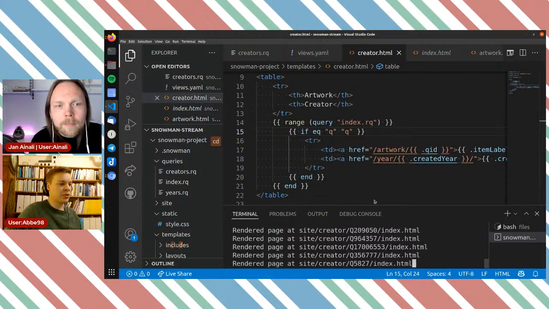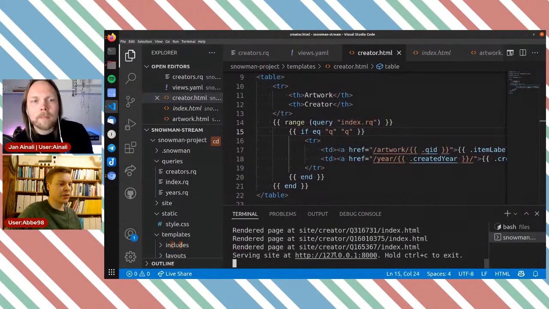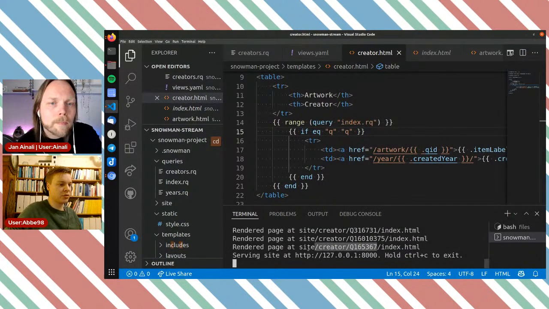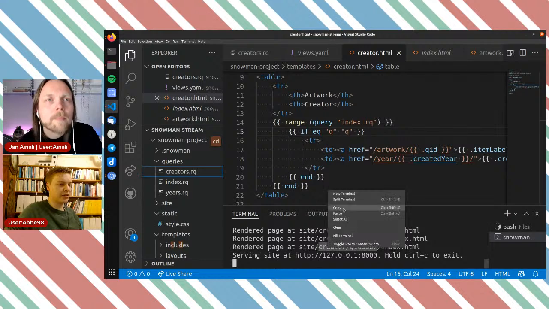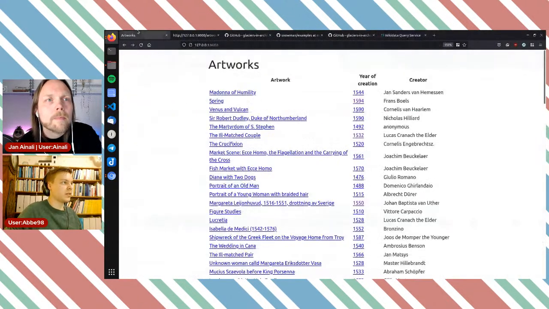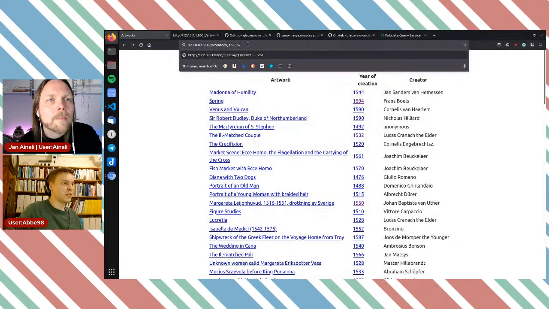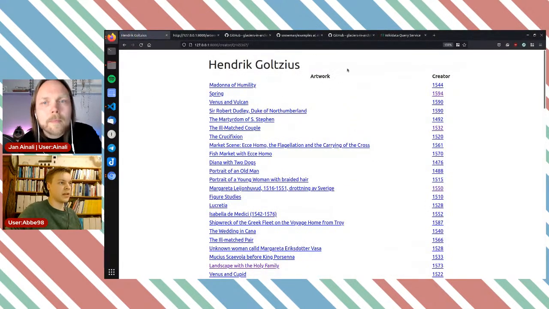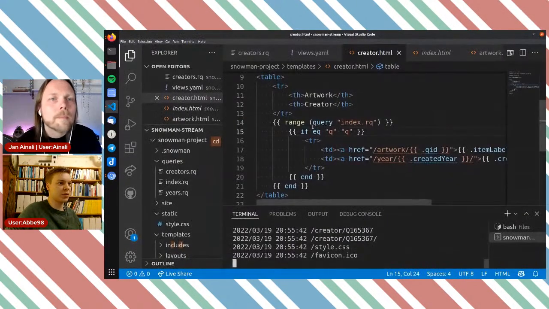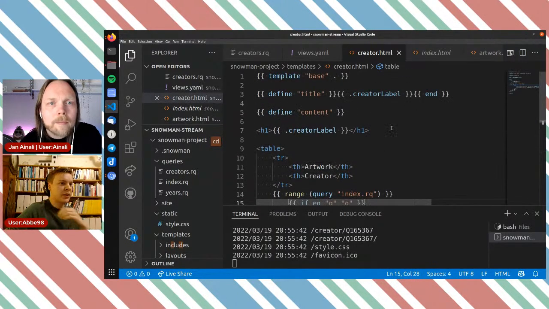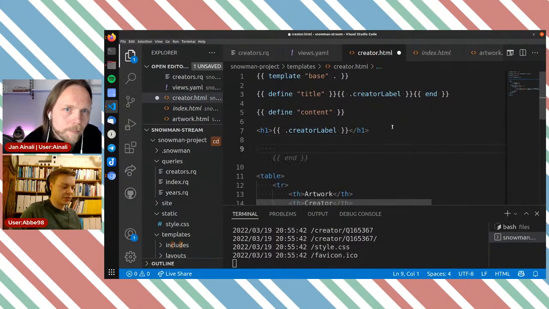And now it's issuing the query and rendered a bunch of creator pages. I'm gonna copy this link here actually too, so we can use it. Going to the artworks, going to /creator, and it printed all the artworks because of this if is equal to Q Q. Let's first actually do the description.